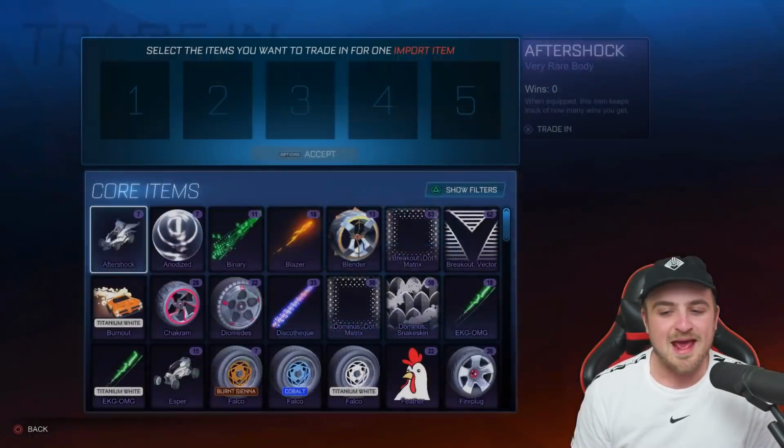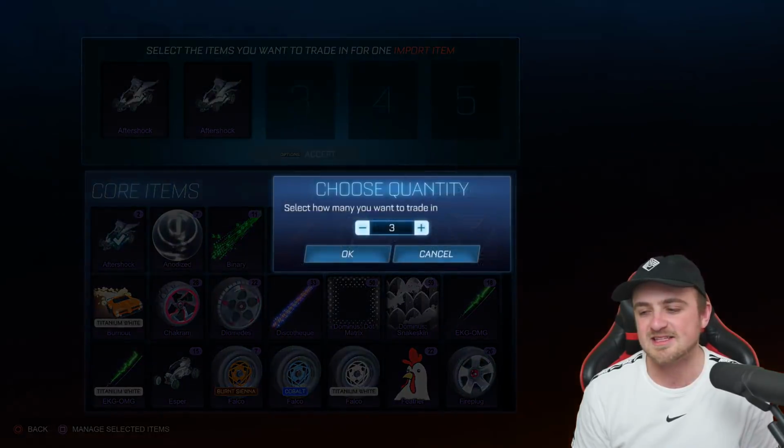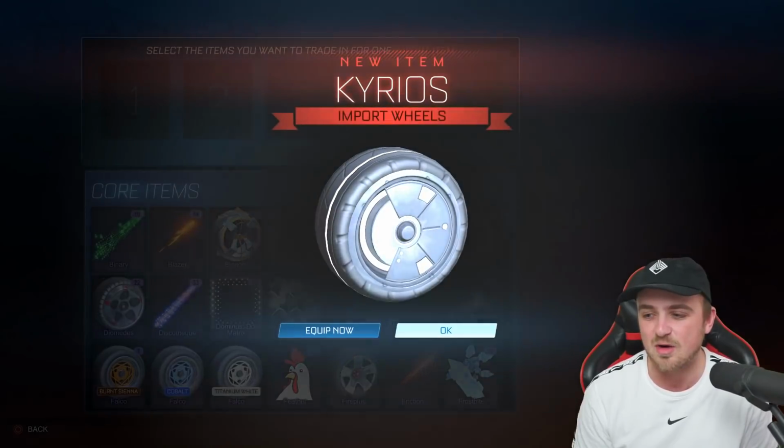We're obviously going for painted Octanes and painted standards. That's pretty much all you can get. And then when it comes to black markets, I mean, the value of Dueling Dragons has tanked, to be honest. So now,